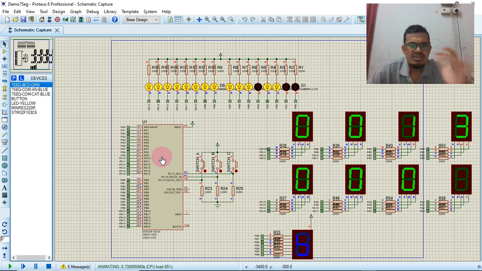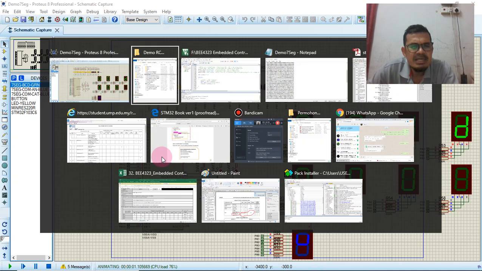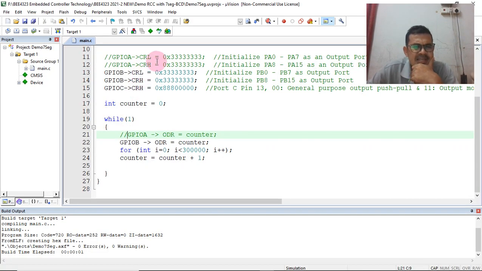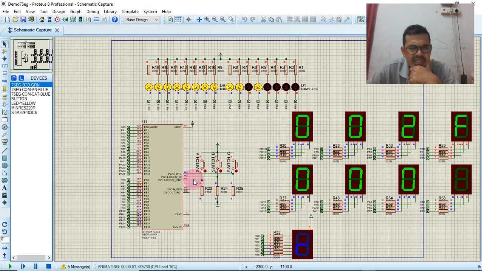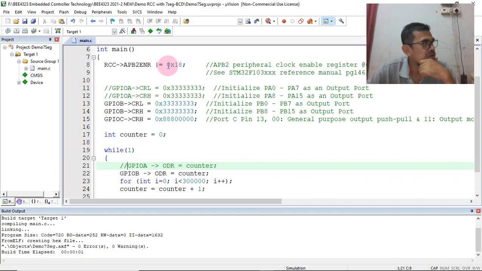So that is how the clock registers work. The same goes for port C. If you want to disable port C, you can change this clock configuration to 08 and then port C is disabled.